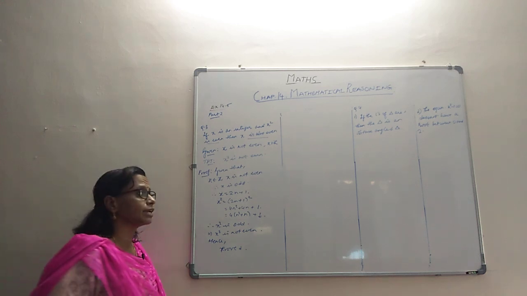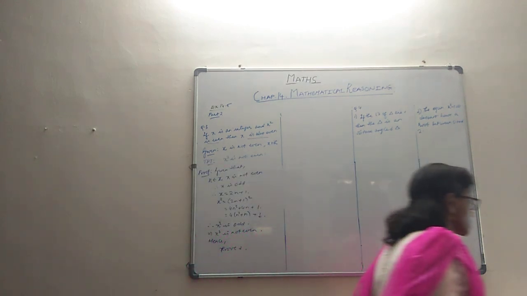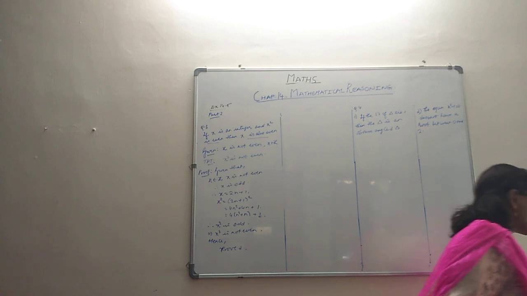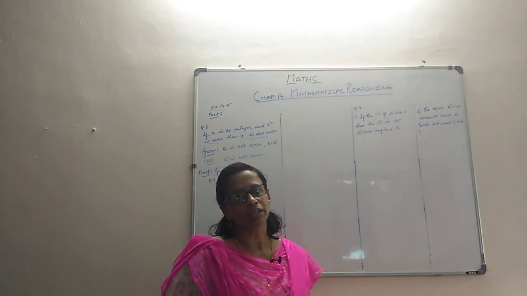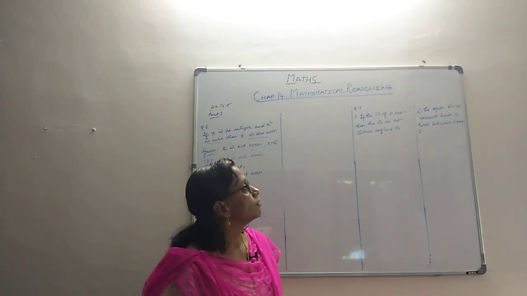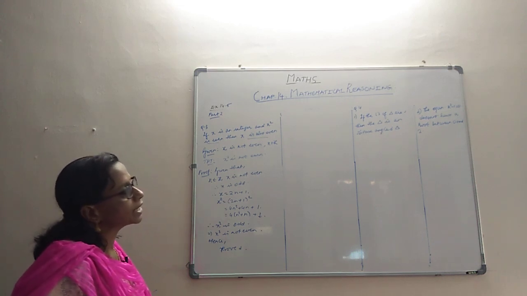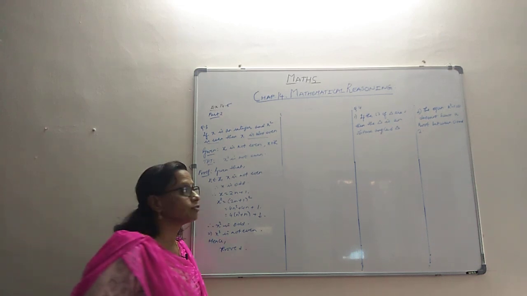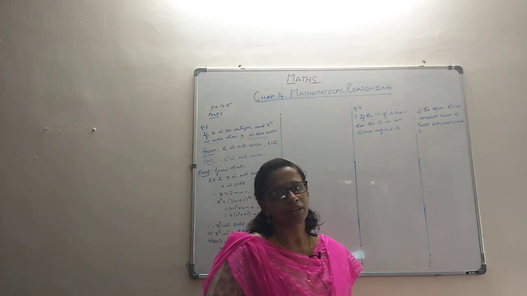Question number 4, they give us two statements, and those statements are obviously false, and they ask us to give the counter example, as we did in an earlier problem. Give the counter example as to why it is not true. If the angles of a triangle are equal, then the triangle is an obtuse angle triangle. If all the angles are equal, then it is an equilateral triangle. It's not an obtuse angle triangle.